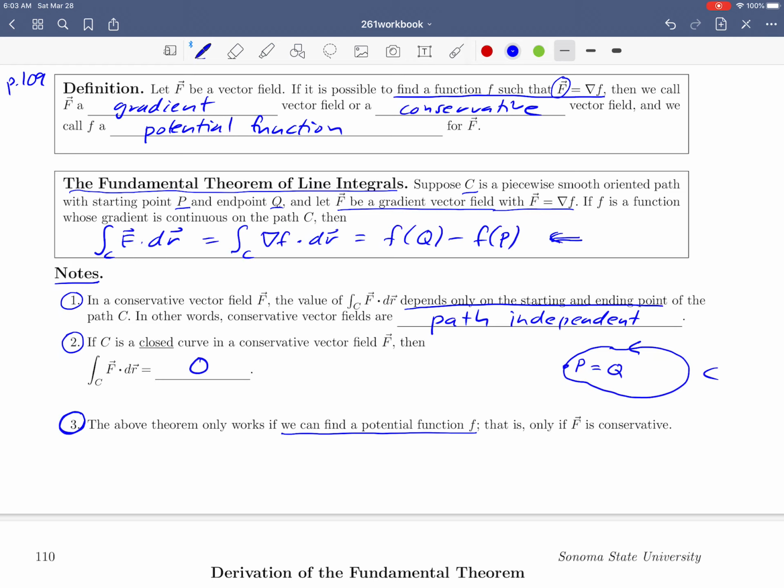Okay, this concludes our introduction of the fundamental theorem of line integrals. If you're interested, there is a derivation of where this fundamental theorem comes from at the top of page 110, and you are welcome to look at the written